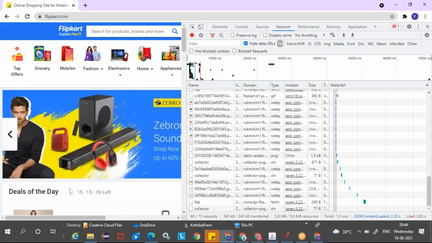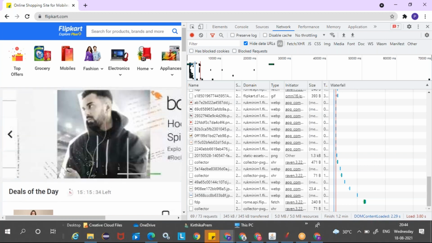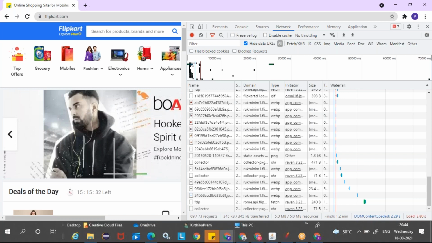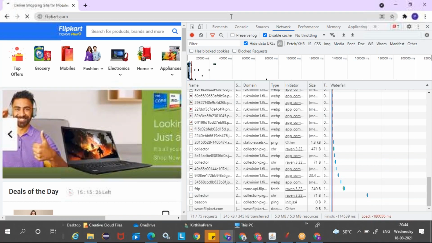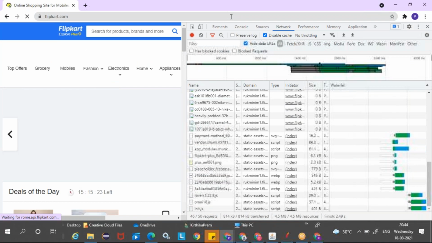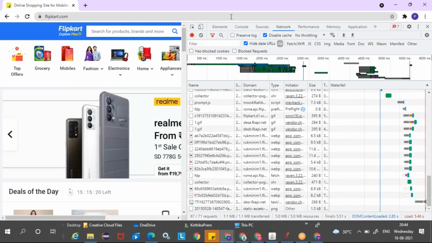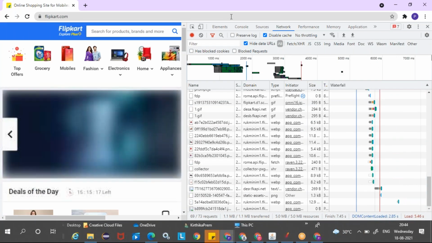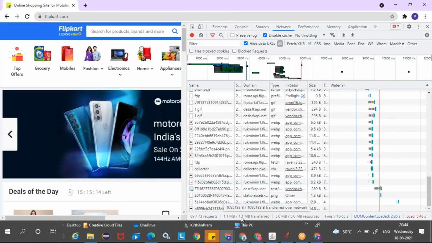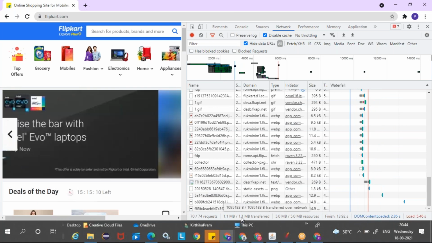Okay, so when you say that this 345 has been transferred from the server, this is with cache. Yes. If I disable the cache and launch it again, then the page size is going to be whatever is coming up here, like 1 point whatever MB. That is the page size without cache. So after enabling and disabling, both times I have to run and note down this transferred metric. Correct, you're right.